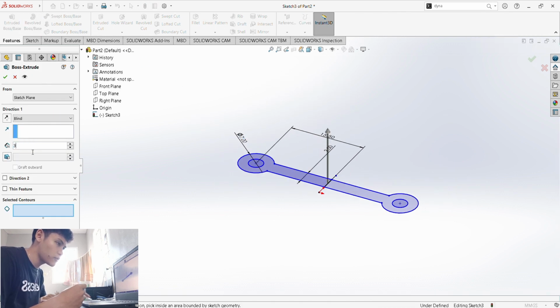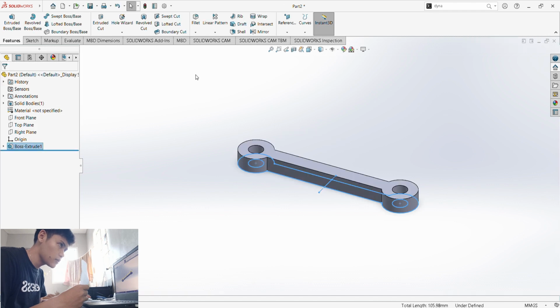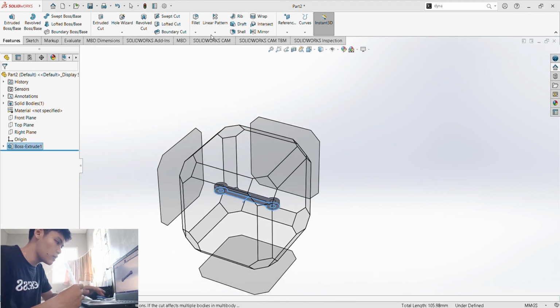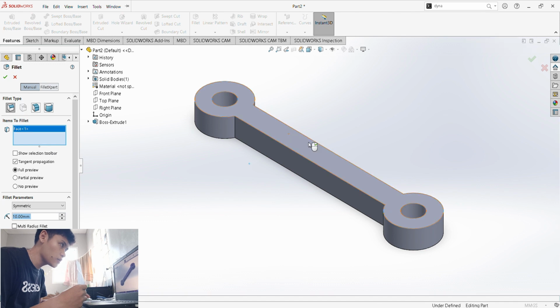We have to extrude this for about 3 millimeters. And let's select the surface that we will be extruding. Of course, not including this. And then check. And again, let's go to this view. And then go with fillet.